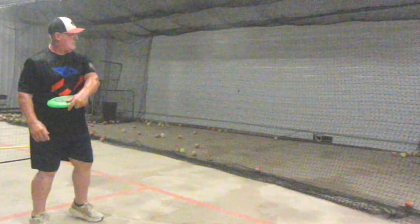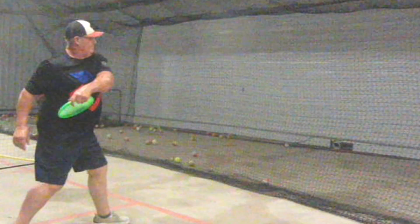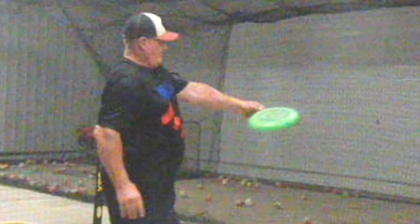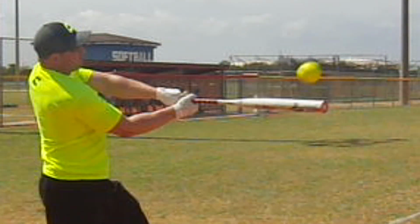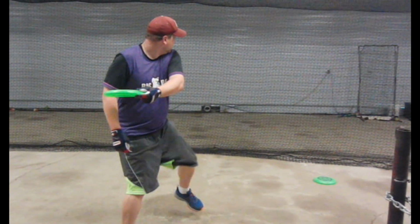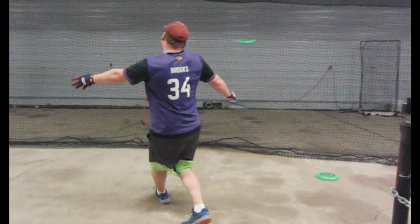Just a little bit of a wind, reach the brace foot ahead, and torque the hips open, torque the shoulders open, especially in the second half of the swing. And that shoulder open is going to pull the lead arm in an arc, palm down. You'll release it right there at the point of impact, and you get a tremendous amount of torque. Lets you work on launch angle, the angle you want to throw it. Watch how that lead arm on an actual swing looks very similar to it. Again, there's a rotation, extension, and the torque of the shoulders and the hips together to really launch, throw that off with centrifugal force. Tremendous way to get a lot of torque and a lot of speed on that,